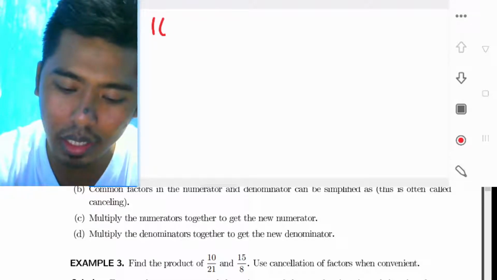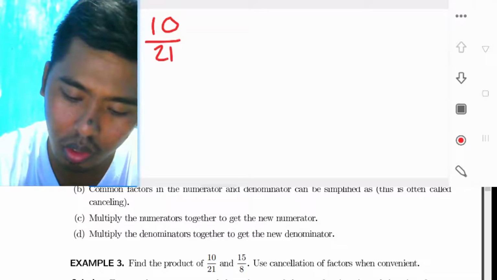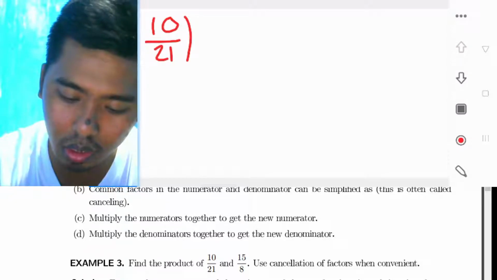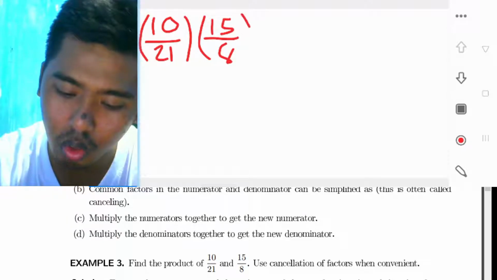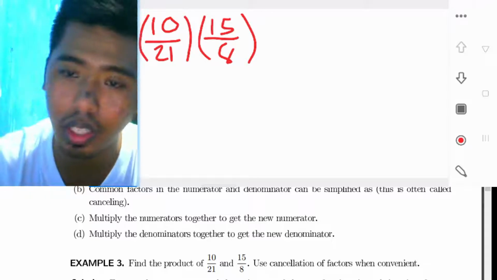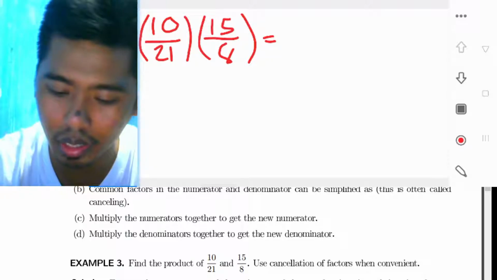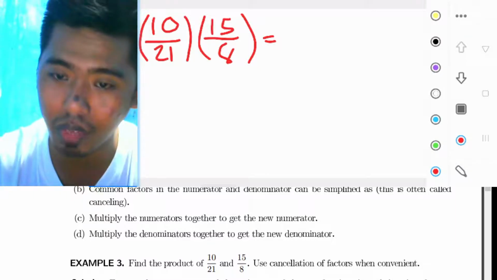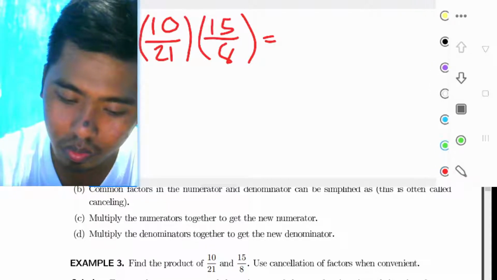So we have 10 over 21 times, di na lang nato butangan, atong butangan na lang 15 over 8. So muna ang problem na to. So 10 over 21 and 15 over 8. Now to use cancellation, atong buhaton na yan is ato silang pangitaan o numbers nga ma-factor sila na in which kung i-multiply nimo ang duha ka number mo come up siya. Let's have the first